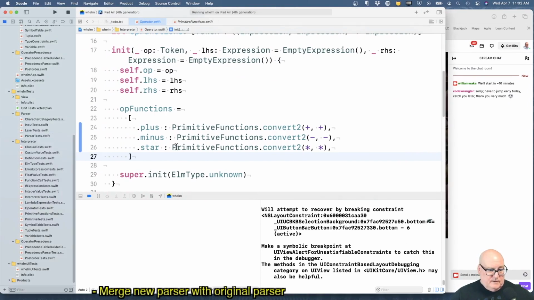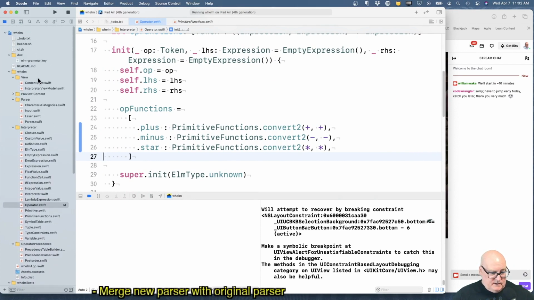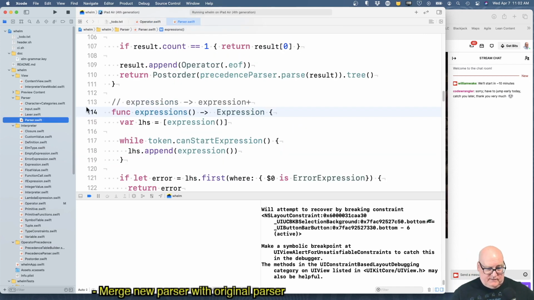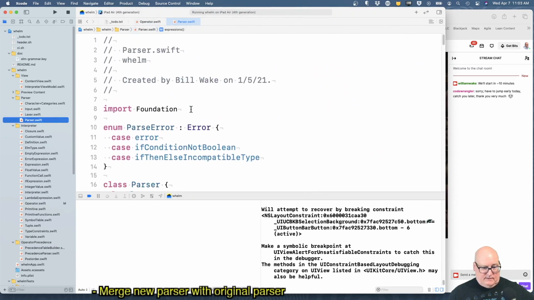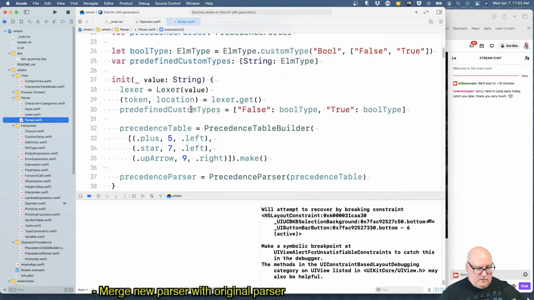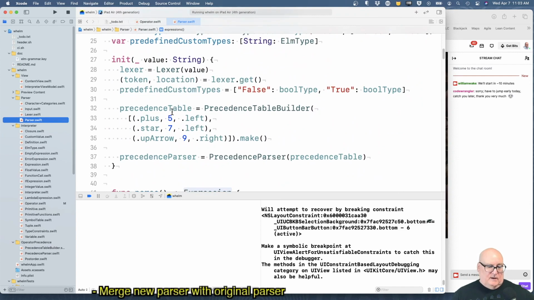So precedence, we need to look at our parser. Did we define the minus operator? Where did we initialize that? Parser precedence table. Oh, no, we did not. Okay, it's time to find the real deal. We need to get the precedence and all that stuff from Elm and make it work.